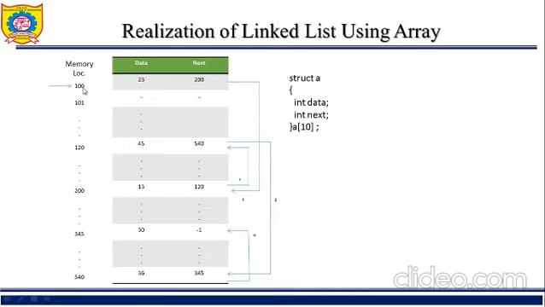So our first node is at memory location 100. At 100 memory location there is data 23. Memory is divided into two parts, data part and next part. When this data gets stored, it reserves the memory to store the data, of its type, and again reserves the memory to store the address of the same type of node.